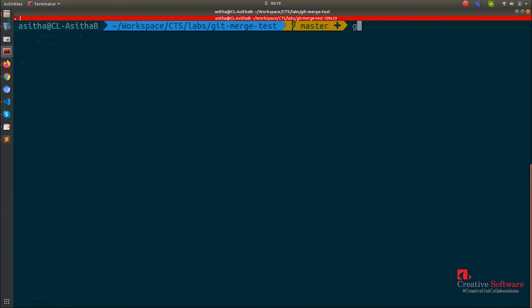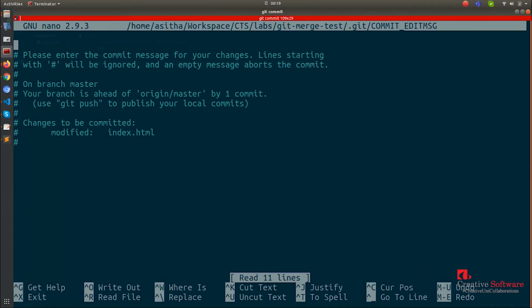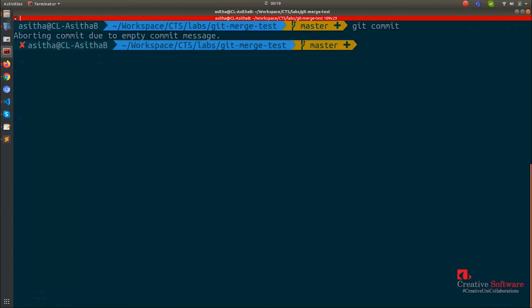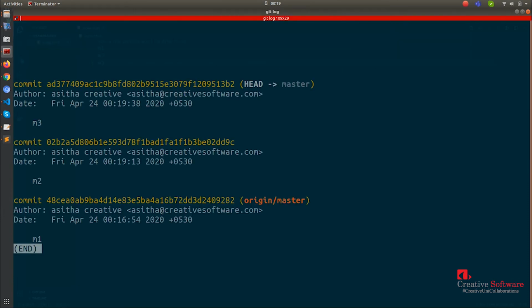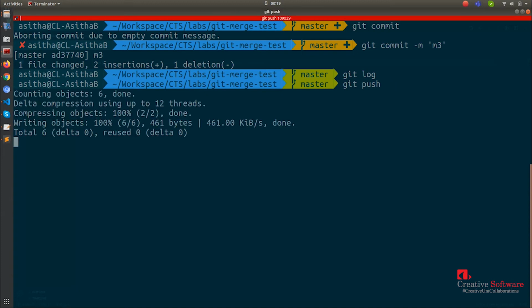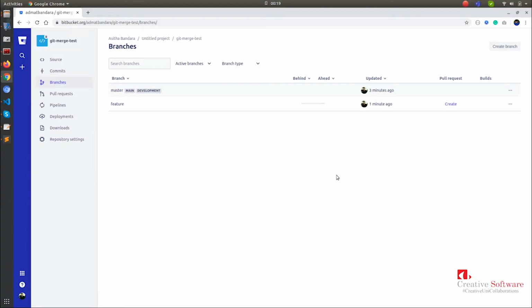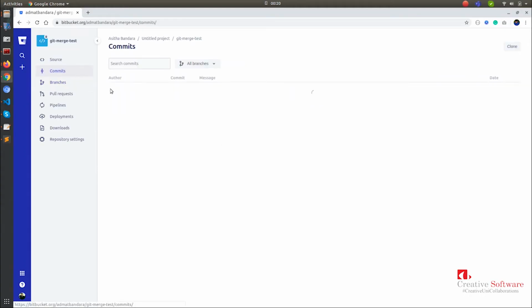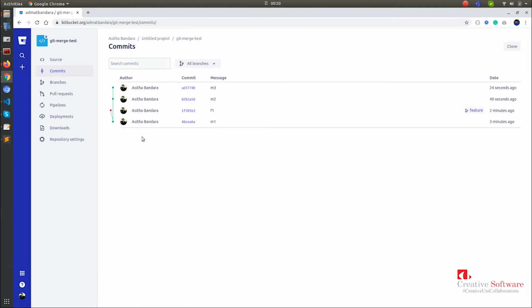So I'll clear the screen to make it clearer. Git commit. Oops, we have to do it like this. M3. Alright, now if I check git log, we have m1, m2, m3. We'll push these changes to the origin. Git push origin master. You don't have to put this every time, okay? You can just type git push if you need. But I have that habit to put the origin always. I don't know why. Anyway, if I go back to the commits right now, alright, this is what I want